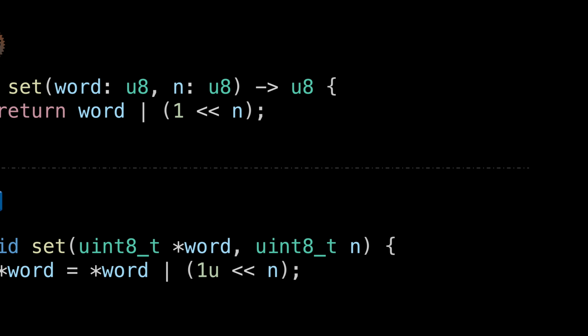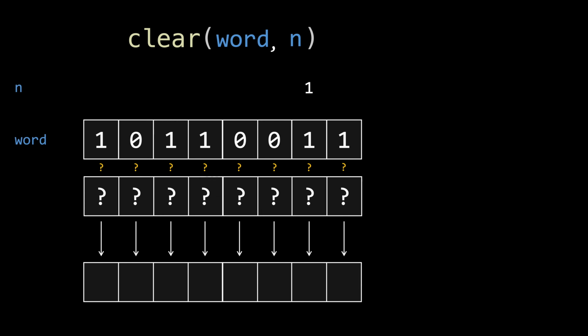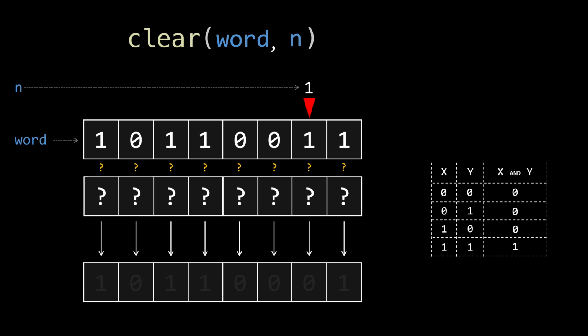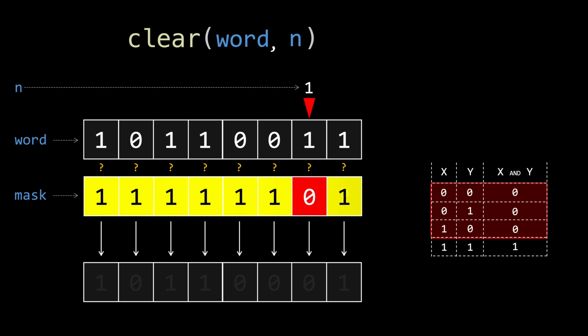The clear function follows a similar idea. Since we can't modify a single bit directly, we need a mask that forces bit n to become 0, while leaving all the other bits untouched. The logical AND operation is perfect for this, because its output is 0 whenever either input is 0. So if we want to clear bit n equals 1, our mask needs to have a 0 in that position, and 1s everywhere else. After applying bitwise AND between our word and this mask, the 0 in the mask forces